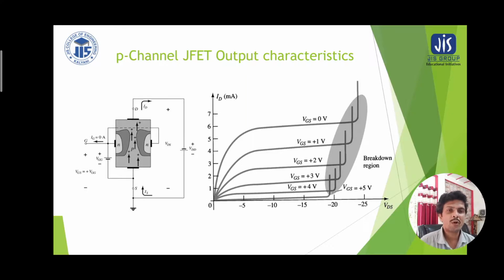So that is why more and more positive gate voltage will reduce the saturation current, as we see in the characteristics, but the drain to source voltage is obviously more and more negative. For a certain fixed gate to source voltage, to increase the current through the channel, we need a more negative drain voltage, so that more holes will be attracted. That is, hole kinetic energy will be increased if and only if more and more negative drain to source voltage is applied, and the drain current, which is shown in the positive direction, is gradually increasing.